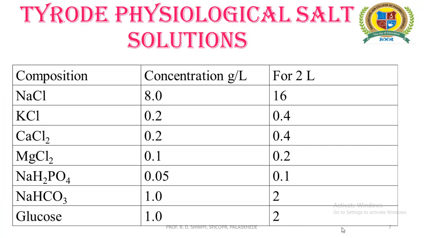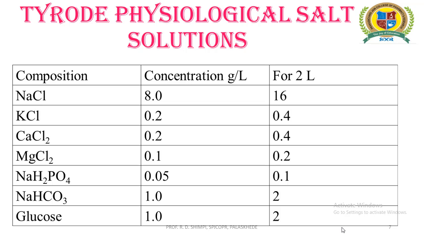And now friends, if we are carrying out in vitro practicals where we are using the ileum, or the intestinal part of the hen or chicken, as a biological sample and recording the dose response curve using that biological sample, we need to prepare a physiological salt solution. This particular type of physiological salt solution is known as thyroid physiological salt solution. The composition of the physiological salt solution is in front of you. If you have to prepare a given volume of the thyroid physiological salt solution, simple calculations can be made and the desired volume can be prepared.